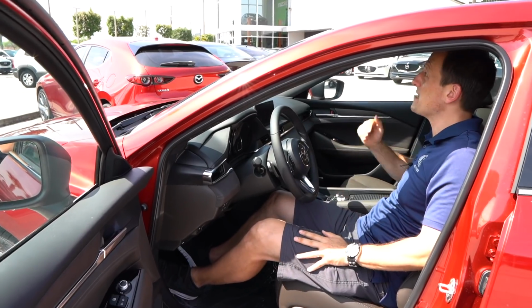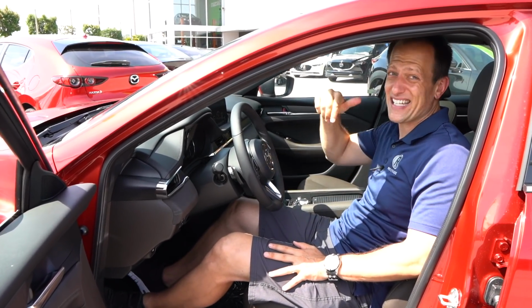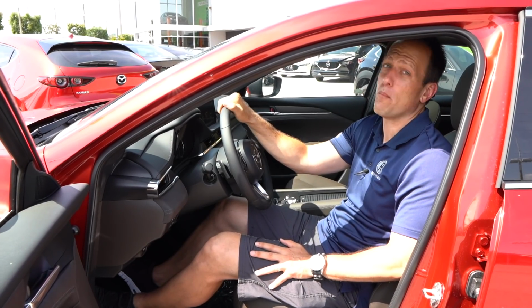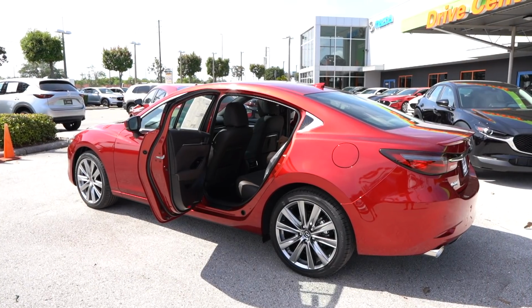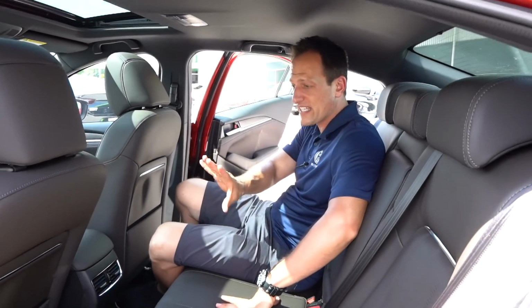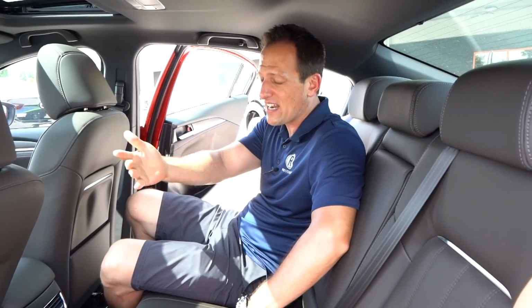But I'm telling you, the room in here is great. I got plenty of headroom. Let's get to that back seat and see how your passengers are gonna like this John Hancock of all Mazda 6s. All right, guys, back seat time. And the great news is that you got plenty of room back here. Now, I did not move the seats at all. Even the driver's seat, that is a little further back just because I'm 6 feet tall, but you can see